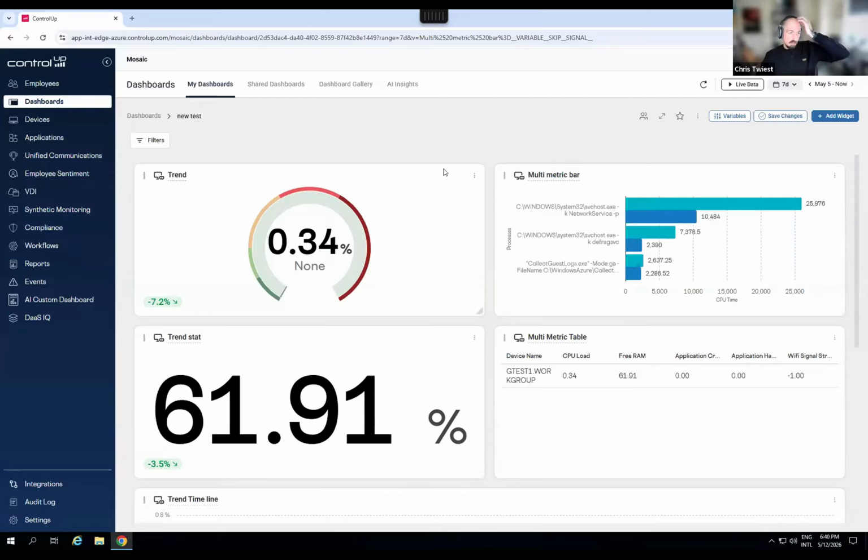We will update our built-in dashboards pretty soon too. So 2 weeks after this being released, you will also see that the built-in dashboards will be updated to, for example, the big screen dashboard to all include nice trends in there too. And then the last thing around dashboards that is coming, well, I cannot really show it, but I can talk about it, is DAS IQ. We will have data from DAS IQ in dashboards coming very, very soon.